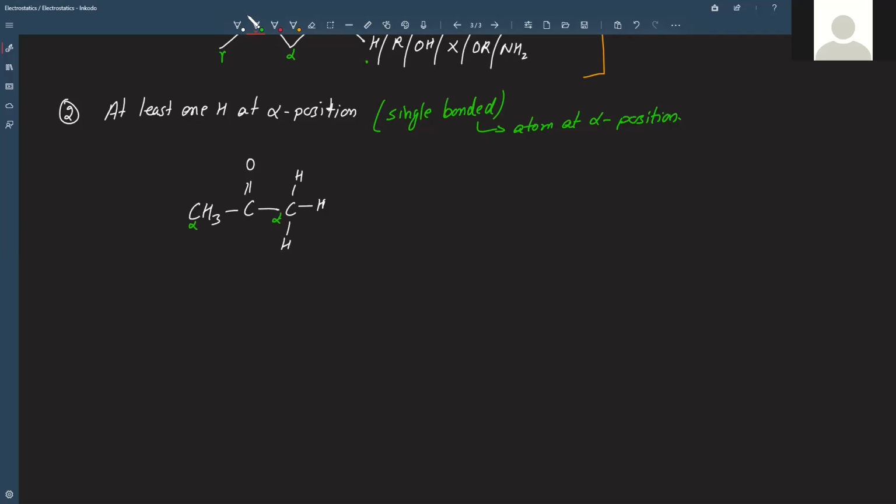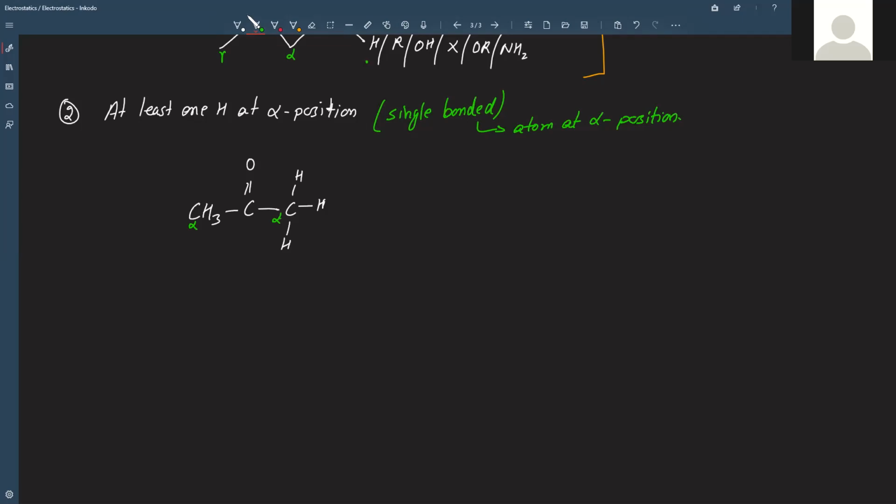Carbon. Is carbon having all single bonds? Yes. Is there a hydrogen attached to that? Yes. So the conditions which we have seen from the beginning are a double bond, multiple bond, and electronegative compound. Yes. Next, see whether there is an alpha position or not. Yes. At that alpha position, whether we have a hydrogen or not. Yes. That alpha position atom should have all single bonds. Yes. So now it satisfies both the first and second condition.